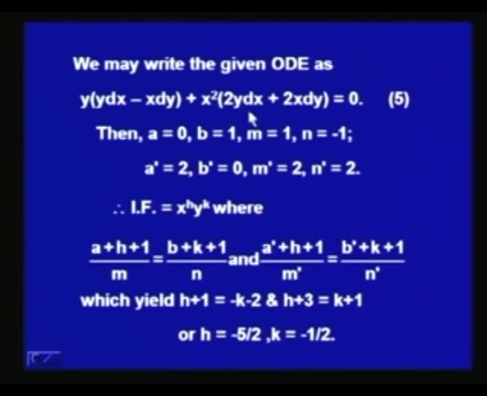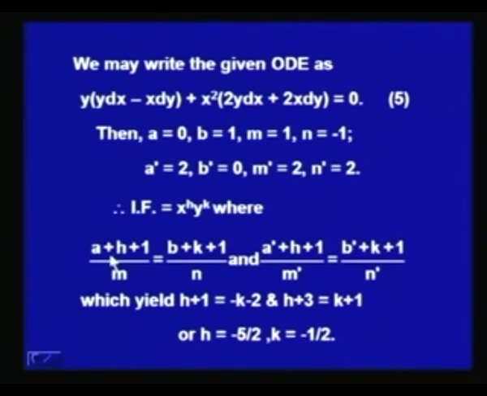And when we compare it with the standard form of a differential equation of this type, we find that here a is equal to 0, b is equal to 1, m is equal to 1, n is equal to minus 1, a dash is equal to 2, b dash is 0, m dash is equal to 2, and n dash equal to 2. And therefore, integrating factor is x to the power h into y to the power k, where